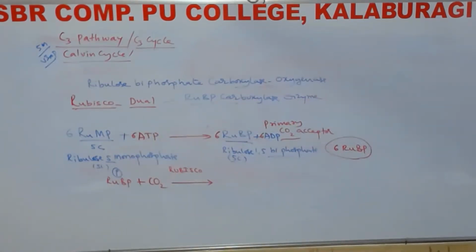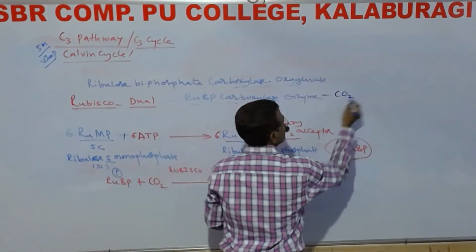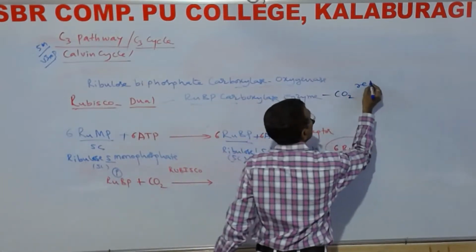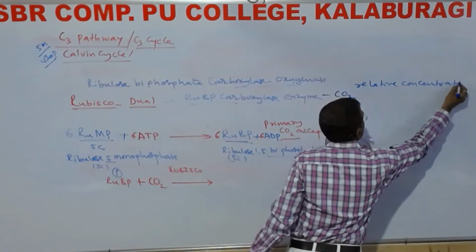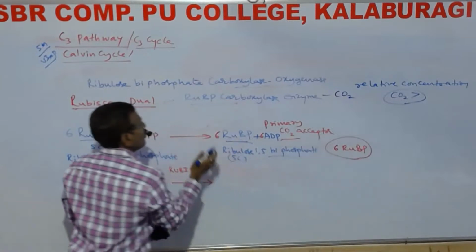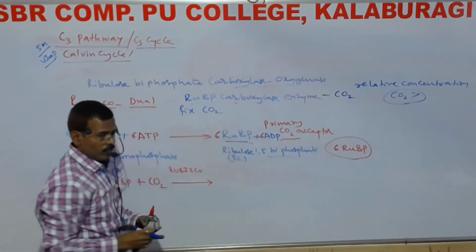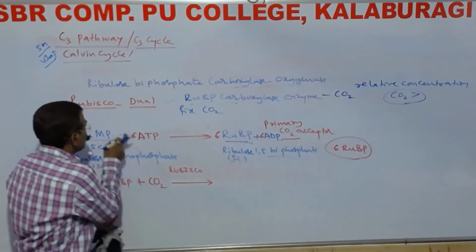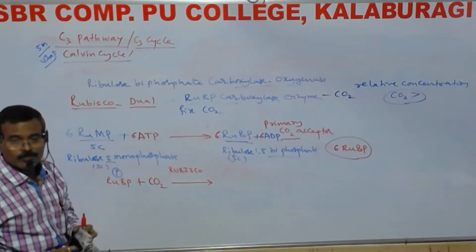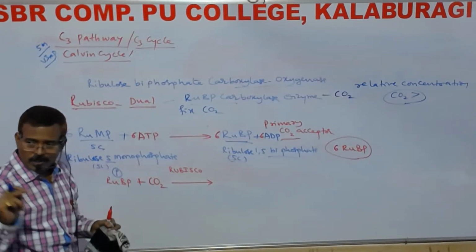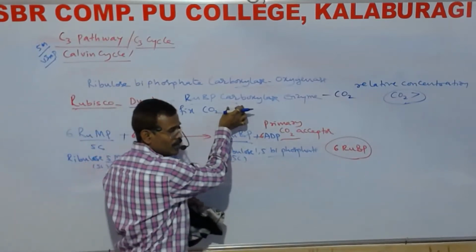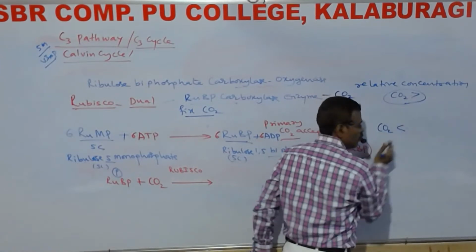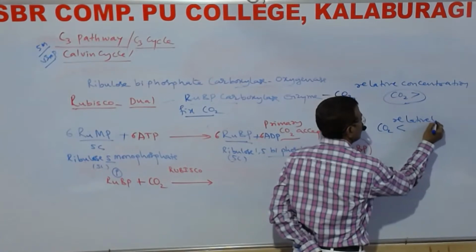when the relative carbon dioxide concentration is more. When the relative concentration of carbon dioxide is more, then this enzyme helps in fixing the carbon dioxide. So that's why it is a carboxylase enzyme. The function of the ribulose biphosphate carboxylase oxygenase enzyme has a dual nature. When the relative concentration of carbon dioxide surrounding the leaves is more, it acts as RUBP carboxylase and fixes carbon dioxide. In the surroundings of the leaves, if the carbon dioxide concentration is relatively low,